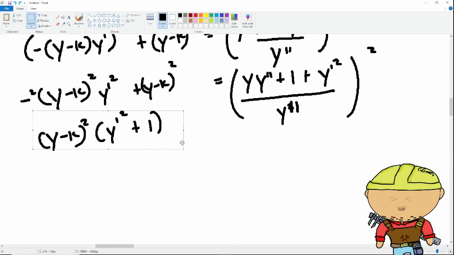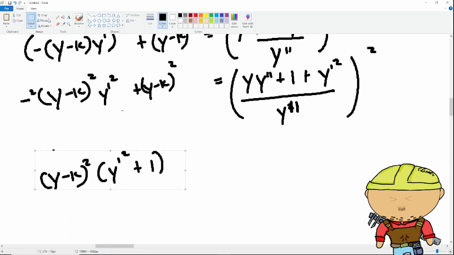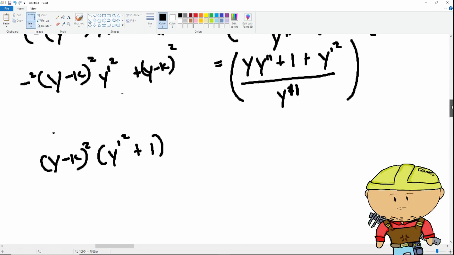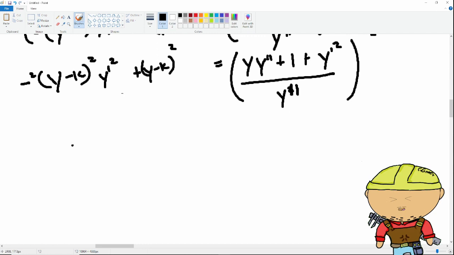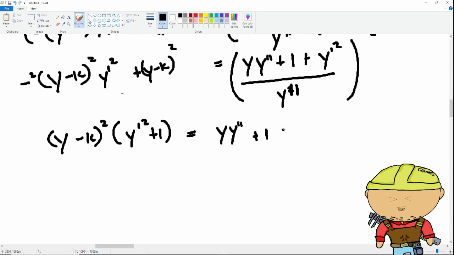I'm gonna move this downward. I think we're writing on an inclined plane. Why am I writing on an inclined plane? I'm gonna rewrite this. Your equation will become y minus k squared multiplied by y prime squared plus 1 is equal to y plus 1 plus y prime squared over y double prime, squared. Okay? And y